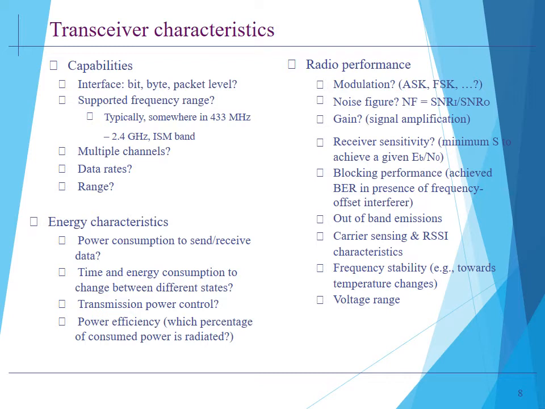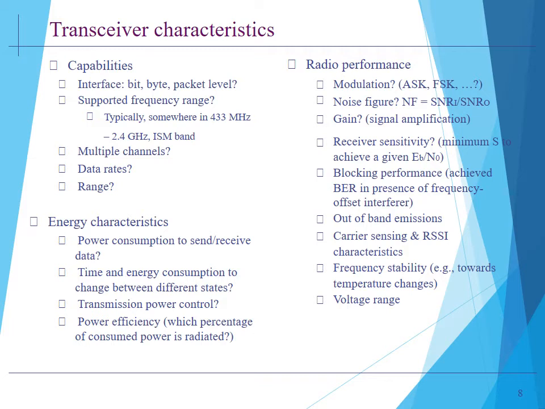What is the gain? The gain is going to be the ratio of the output signal power to the input signal power in terms of decibels. Amplifiers with high gain are designed to achieve good energy efficiency. Then, if gain is on the signal amplified, what about the noise figure? The noise figure is defined as the ratio of the signal to noise ratio at the input to the signal to noise ratio of the output element, and it is going to be very minimum. The power efficiency of the front end is given as the ratio of the radiated power to the overall power consumed by the front end.